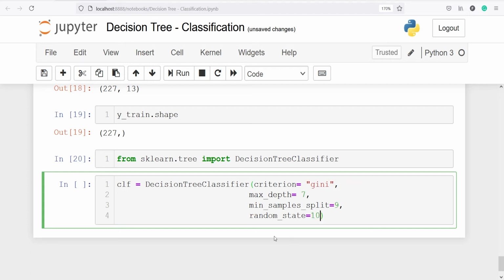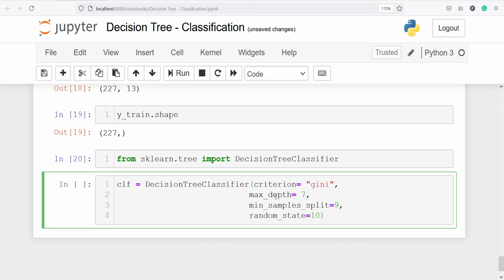Now I'll explain these parameters. So criterion means this function measures the quality of the split. The value of Gini impurity lies between 0 and 1, and values closer to 0 are good, as they are purer, while values closer to 1 are less pure. So here we are using the Gini index. Then the next parameter is max_depth.